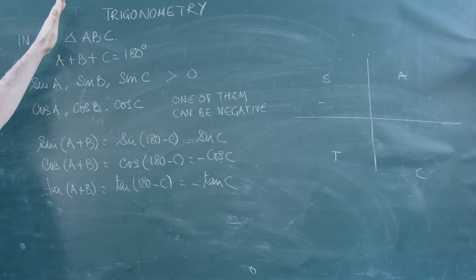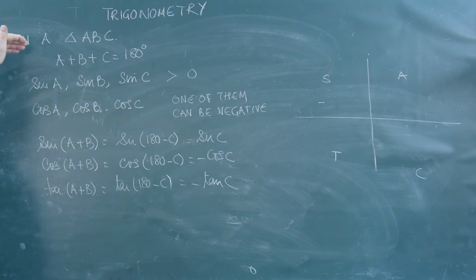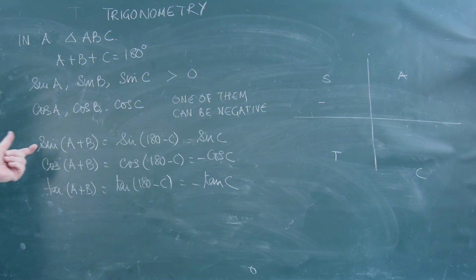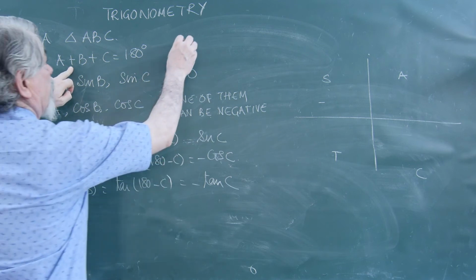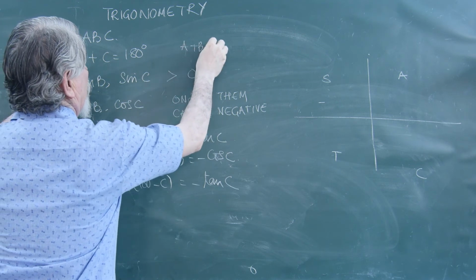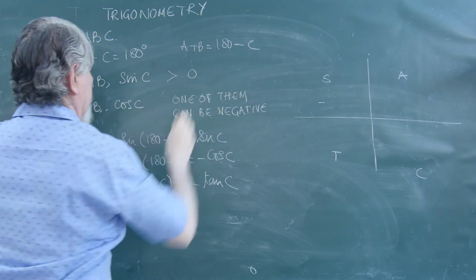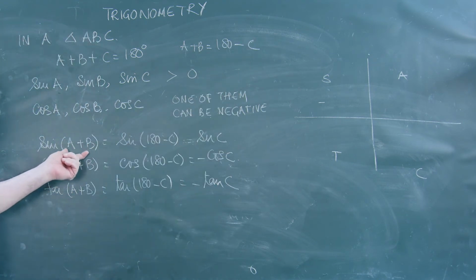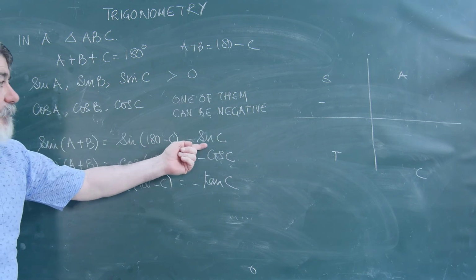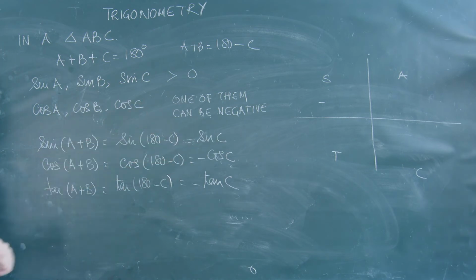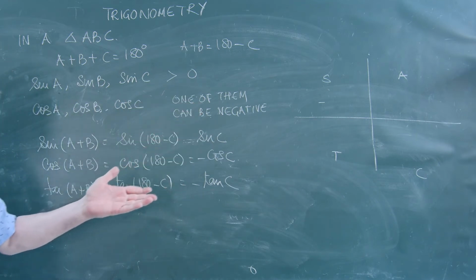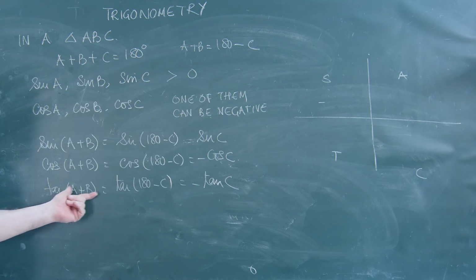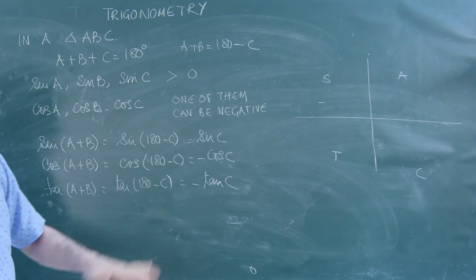We are looking at the solution of triangles. Now we talked about sin(A + B) as sin(180 − C), because A + B can be written as 180 − C, then we took the sine of both sides. Sin(A + B) became sin A + B, 180 − C became sin C. Sin(180 − θ) is sin θ. Cos(A + B) will become cos(180 − C). Cos(180 − θ) is −cos θ. Tan(A + B) will be tan(180 − C), which is equal to −tan C.